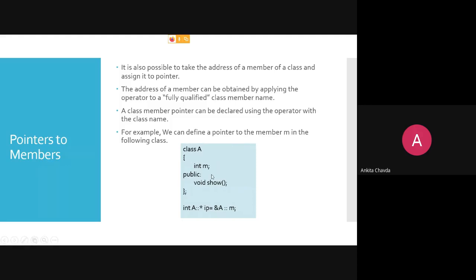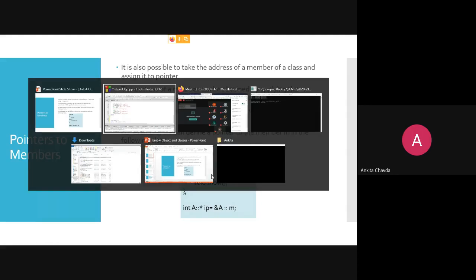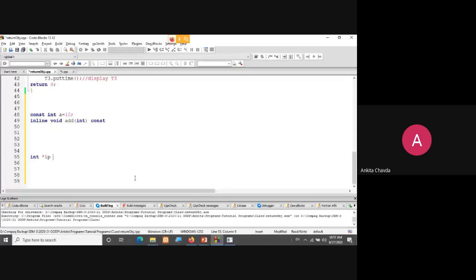And you can see the example directly, then you will get to know what the theory is there. Say suppose in my normal C or C++, how I used to write my pointers. Integer pointer IP is equal to, I'm assigning my pointer so that it points at this place.